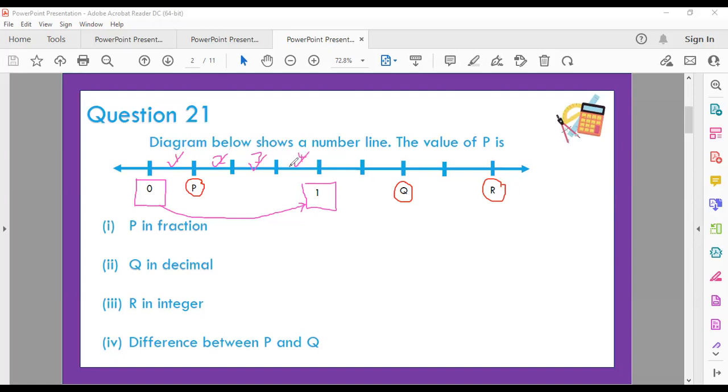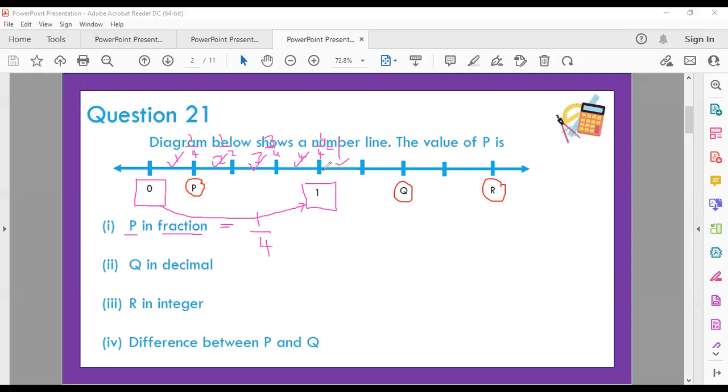And with that, you actually apply your knowledge of fractions. This is quarter. This is half. This is 3/4. And this is 4/4. 1 whole. You remember doing this? This is actually kind of standard 6. So your P, the value of P, and again, they asked you in fraction, is straight away